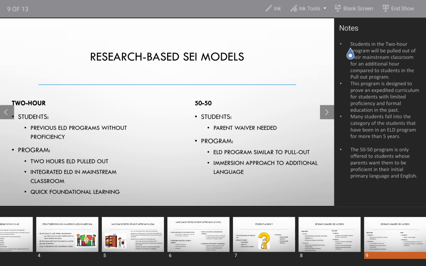And then that brings us to the 50-50 model, and this is a model that is actually something that parents decide on, and they need to get a waiver signed to be approved for their student to get approved for this program, but it is focusing on an immersion of both English and the student's primary language. So if this is Spanish, the students will have time working in their primary language, but also following one of the other ELD SEI models,